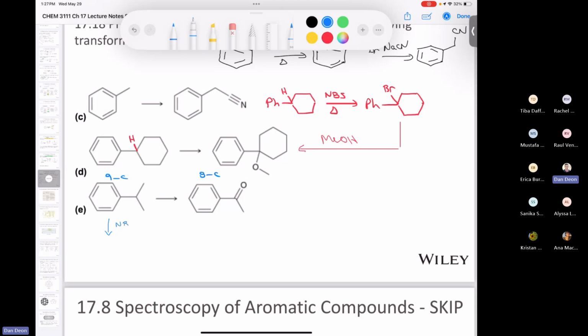So we're going to treat this with NBS and heat, and that is going to give us this compound. So just bear with me. So we're going to have something that looks like this. Okay. So now that we have that, if we want to convert it into the alkene, what are we going